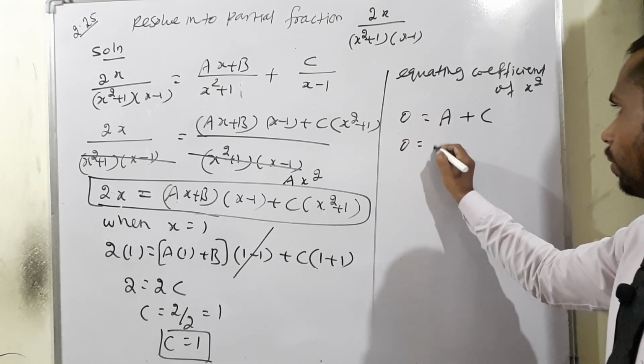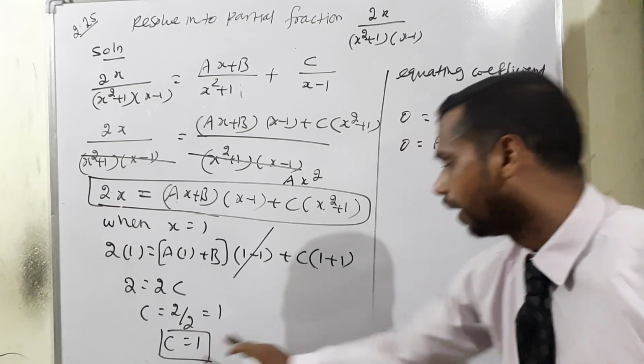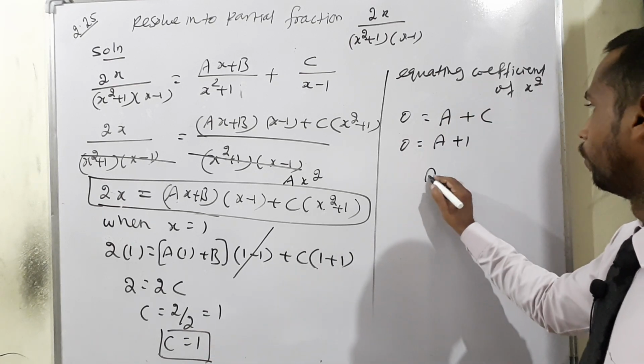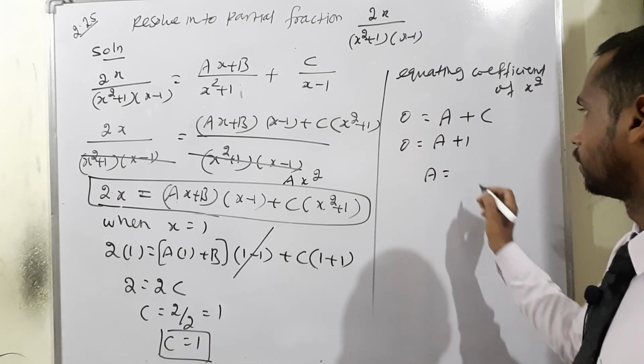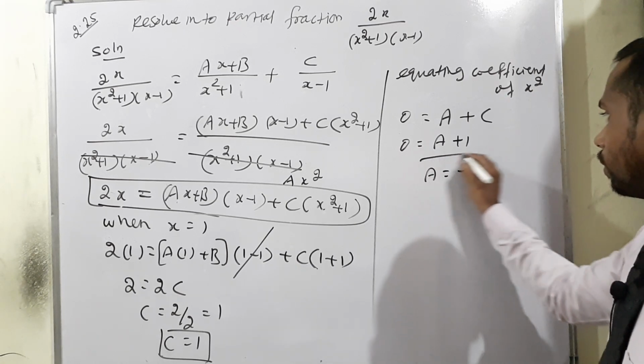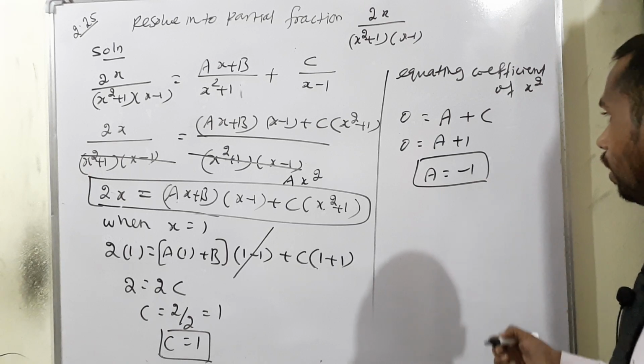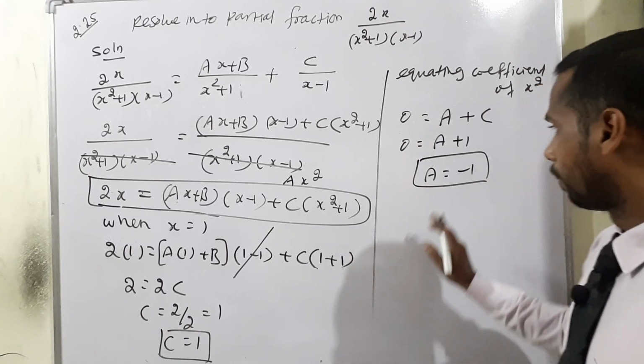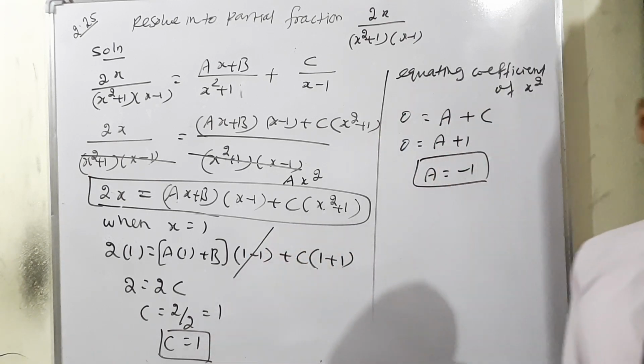Therefore 0 is equal to a plus c. C we already found, the value is 1. Therefore a plus 1 is equal to 0, so a is equal to minus 1. This case is over. Now after getting a and c, for the last case we can apply, put x